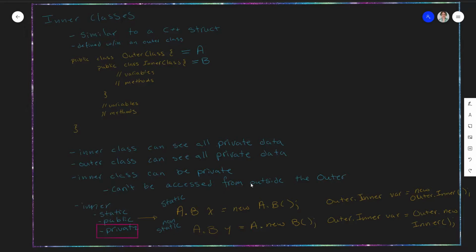I want to go over an additional example of something we might do here. We're going to look at the example that's in the book. So in the book example, we're going to just talk about this bank account. They have a public class bank account, and inside of that, they have a public